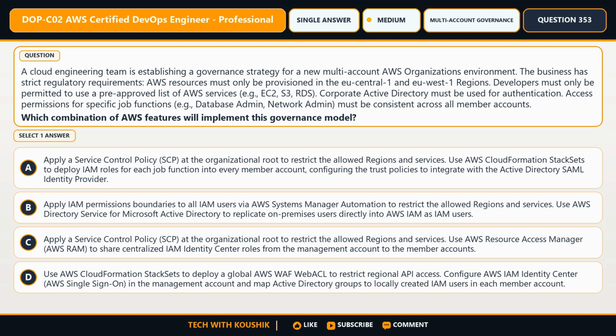Use AWS CloudFormation StackSets to deploy IAM roles for each job function into every member account, configuring the trust policies to integrate with the Active Directory SAML identity provider. Option B. Apply IAM permissions boundaries to all IAM users via AWS Systems Manager automation to restrict the allowed regions and services. Use AWS Directory Service for Microsoft Active Directory to replicate on-premises users directly into AWS IAM as IAM